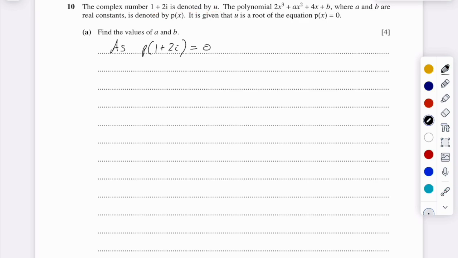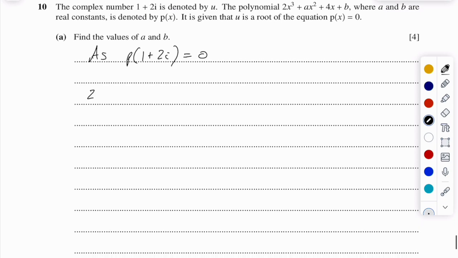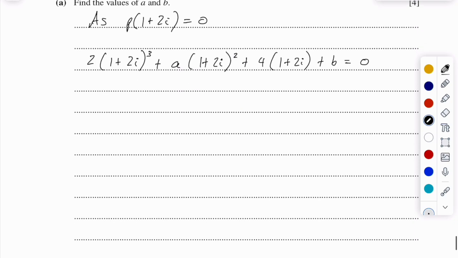We can say that 2 times 1 plus 2i to the power 3 plus a times 1 plus 2i squared plus 4 times 1 plus 2i plus b equals 0. If we simplify this out,